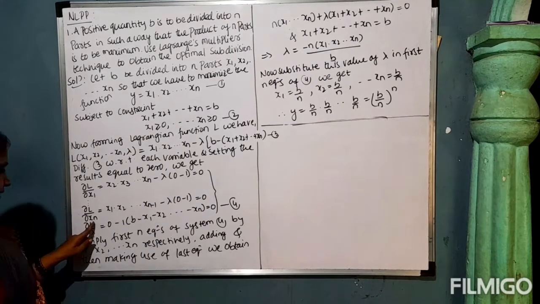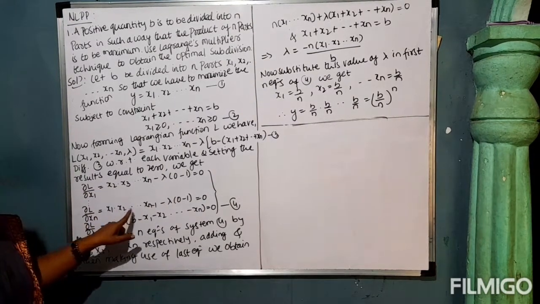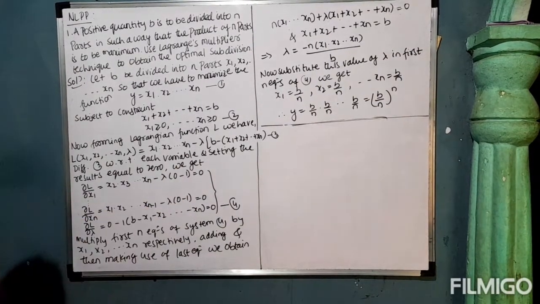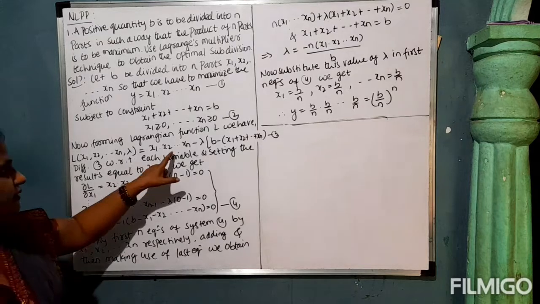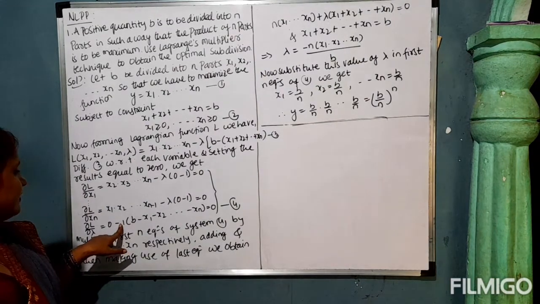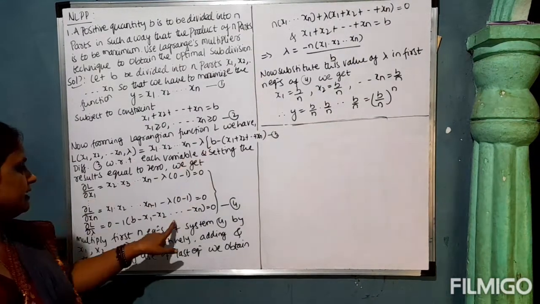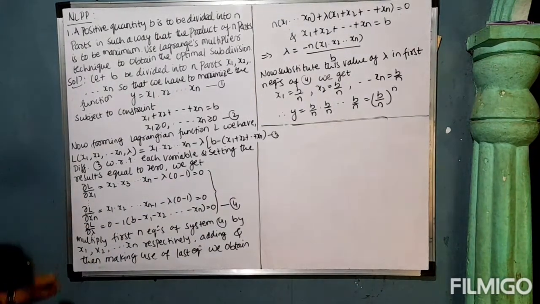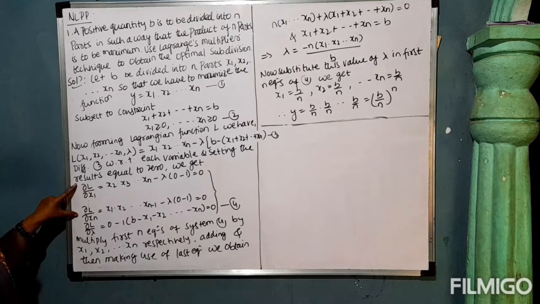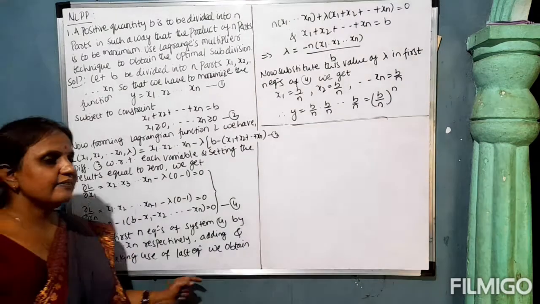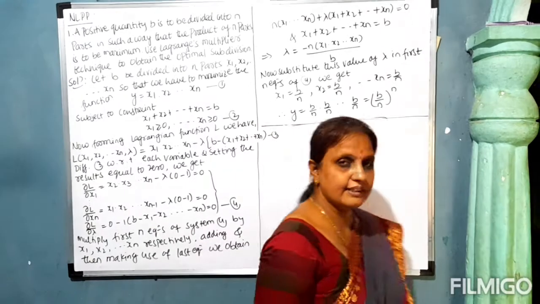Similarly, if we differentiate with respect to xn also the same will be there, only the nth term will be 1, remaining will be 0 in the sum. And we differentiate with respect to lambda: the first term will be 0 as there is no lambda term, minus lambda, the derivative with respect to lambda is 1, and this term is as it is. So here we have totally n plus 1 equations. We multiply the first n equations by x1, x2, x3, and so on: first equation by x1, second by x2, and so on. Adding them and making use of the last equation we get: